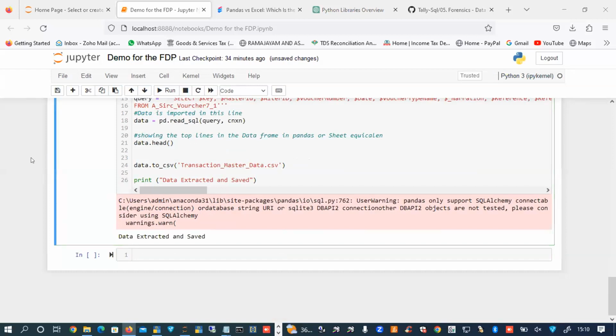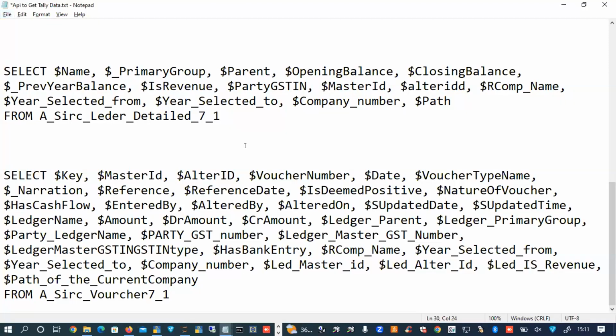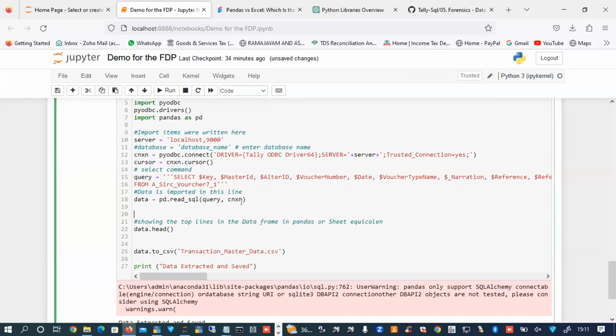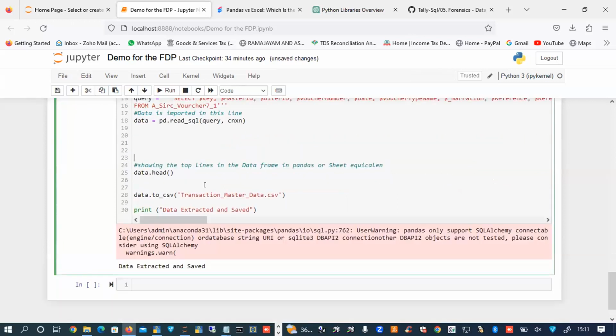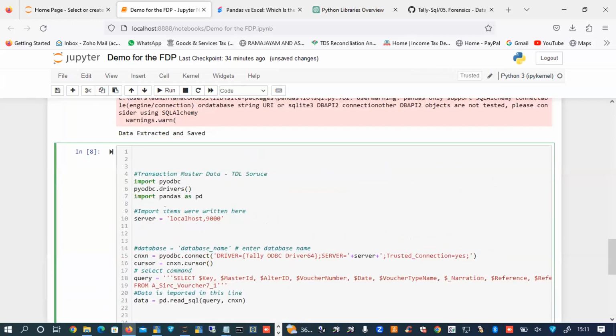We'll proceed. Sir, are there empty lines in between this query? For example, if you see 19, 22, those empty lines. Nothing, no problem.